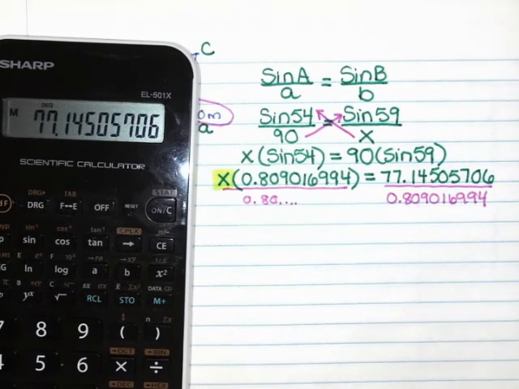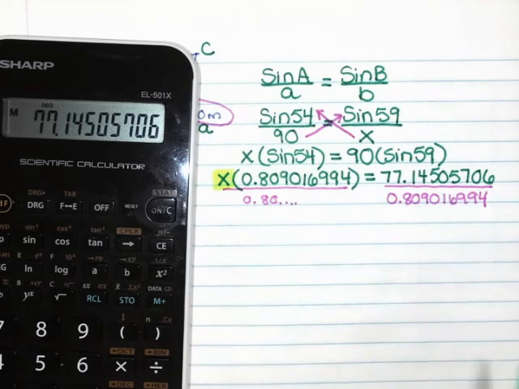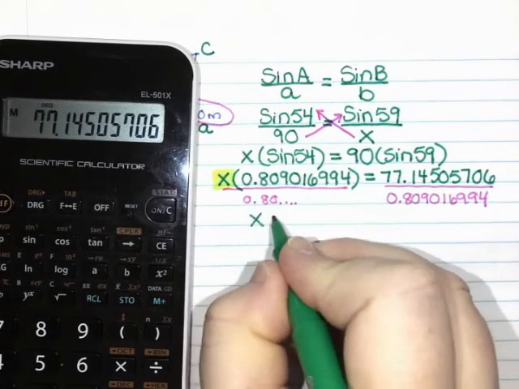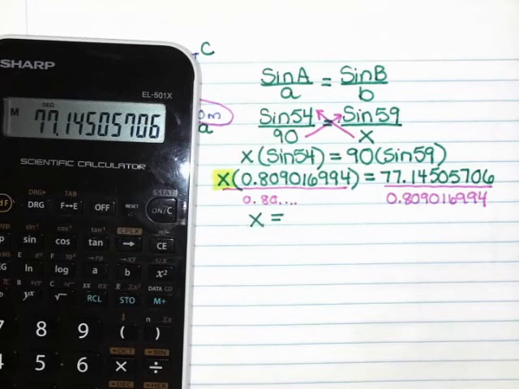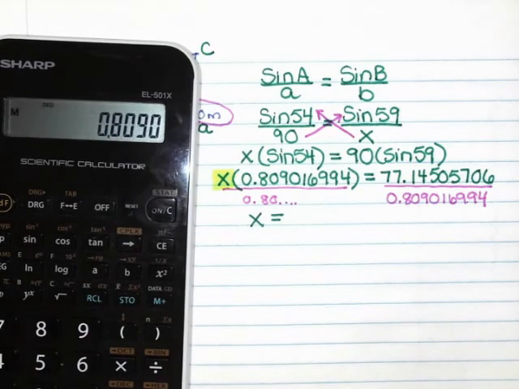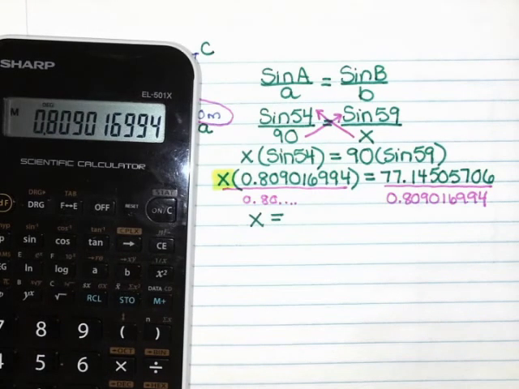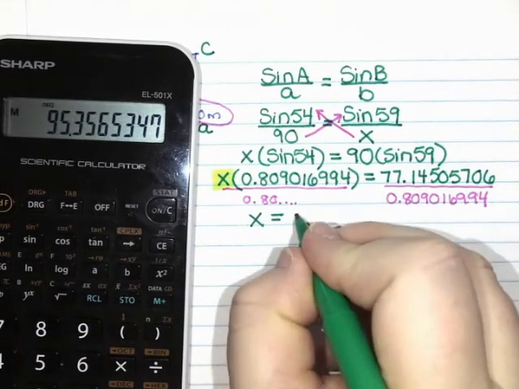Okay, so I'm going to divide that on my calculator. I still have the 77.14, all of that. So I just need to take that number and divide by 0.809016994 equals. And I get 95